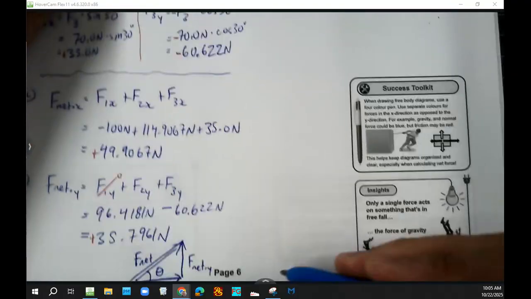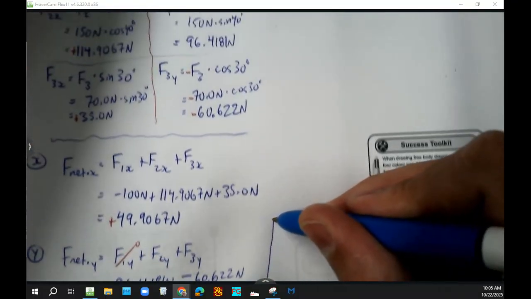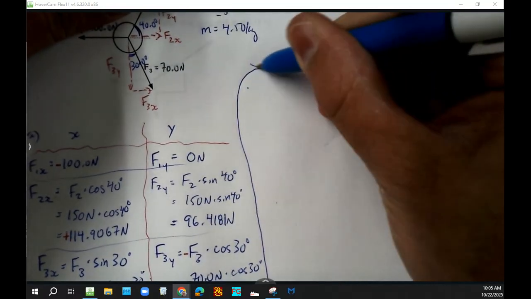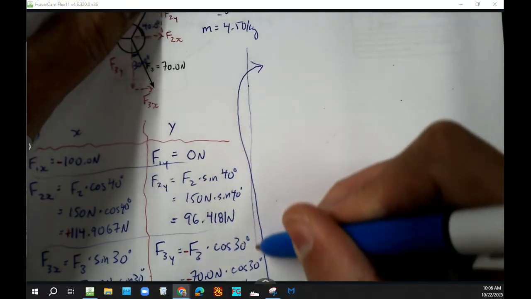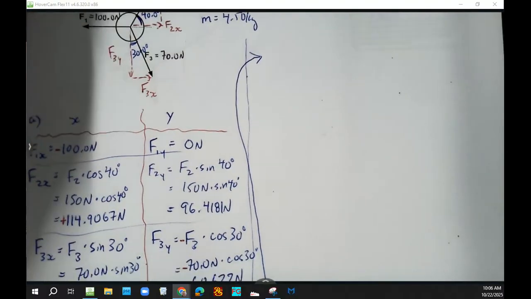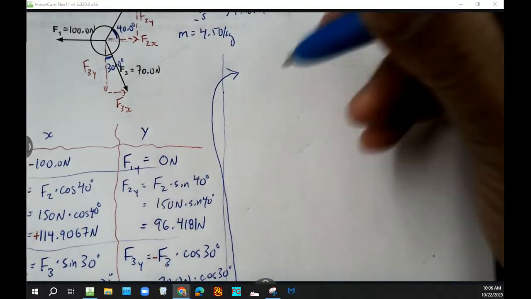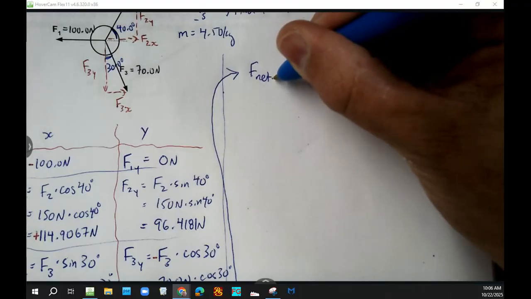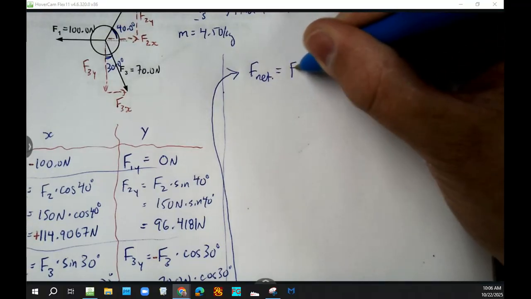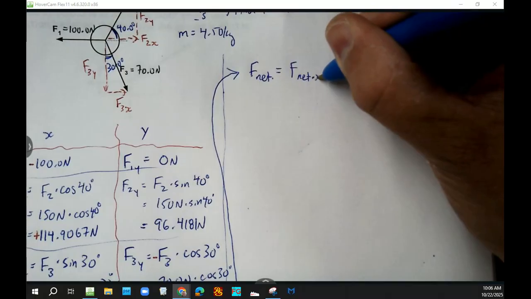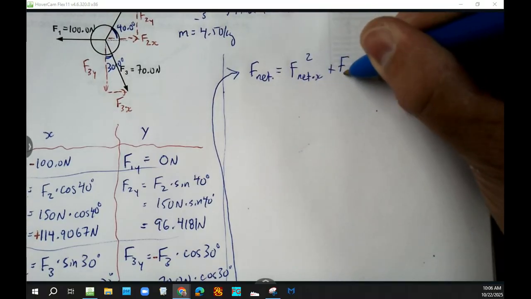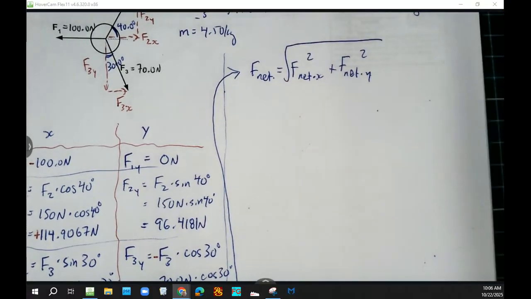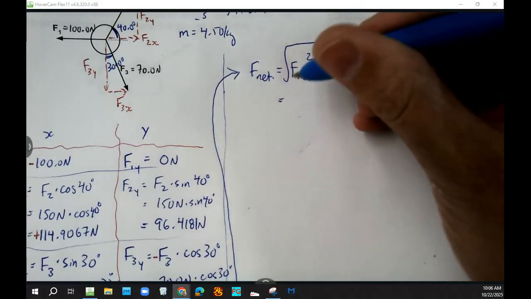I'm going to, well, maybe I'll start off with an arrow and bring my arrow all the way up to the top of the page here. Be an organized problem solver. Put a partition down the middle. This is good modeling for tests or whatever. But then we say, okay, F net is equal to the square root of F net x squared plus F net y squared, because we're doing a Pythagorean theorem solution. We sub in our values,